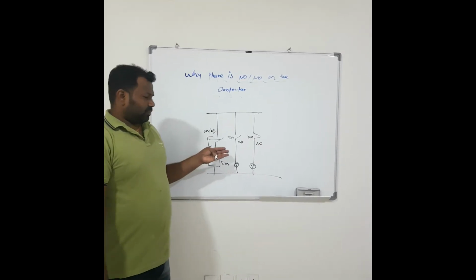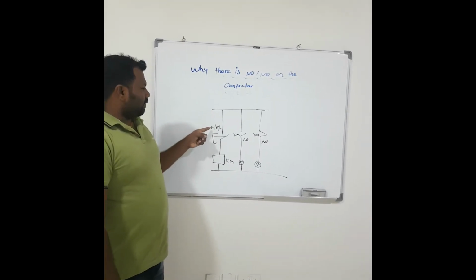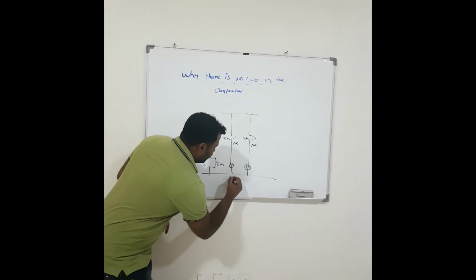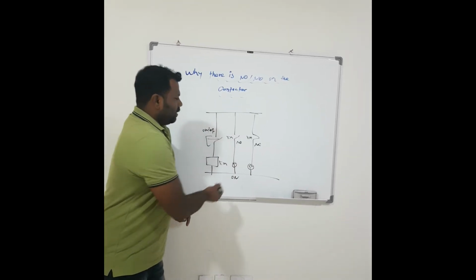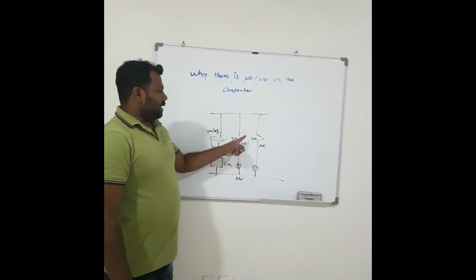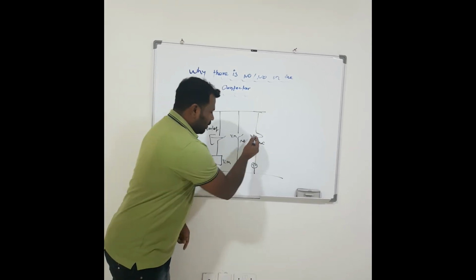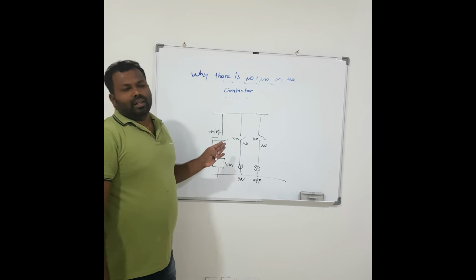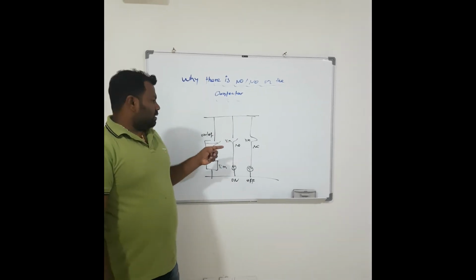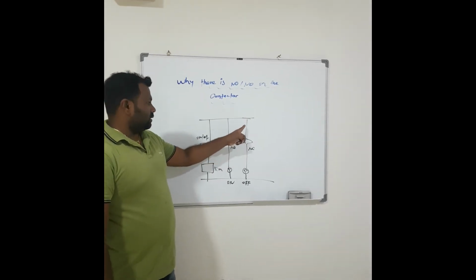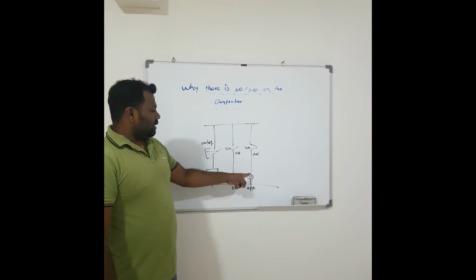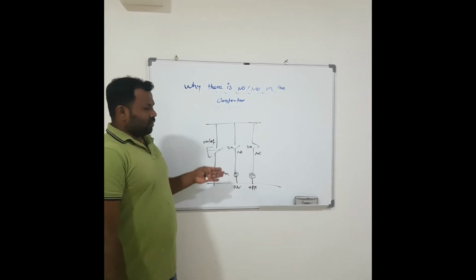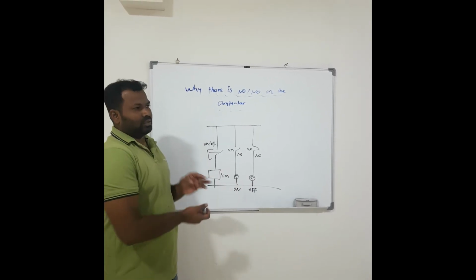Now we have connected a contactor with this on-off push button, and with this NO contact we have connected an indication lamp for the on status, and through the NC contact we have connected an indication lamp for the off status. When this contactor is not energized, that means off status, we will get supply directly through the NC contact, and this indication will light up and show the contactor is off.